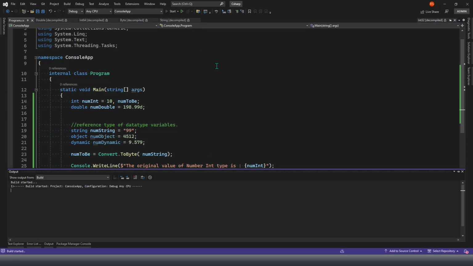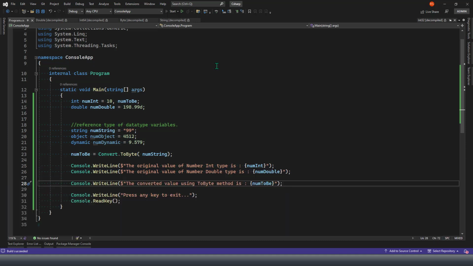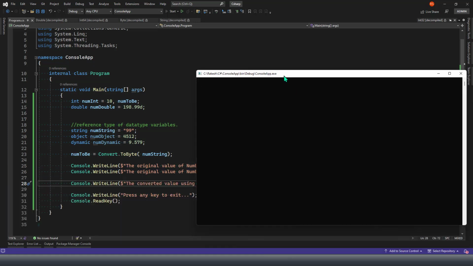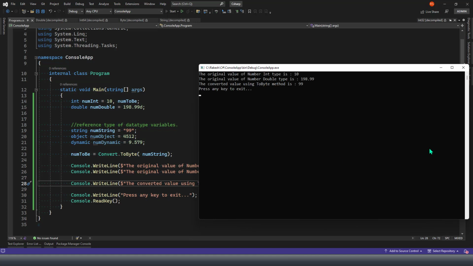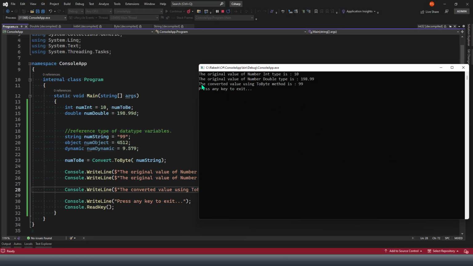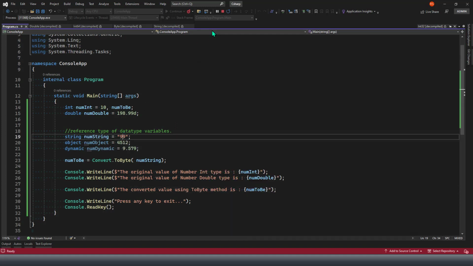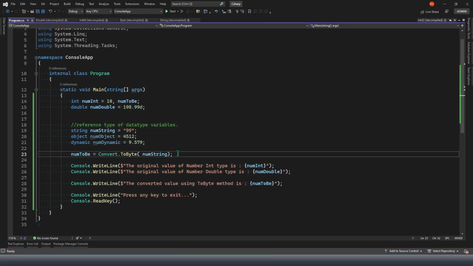We'll run the program. As you can see, the output we have got for the converted value using the ToByte method is 99, and that is the value which was given to the string variable. Same I can do with the other type,